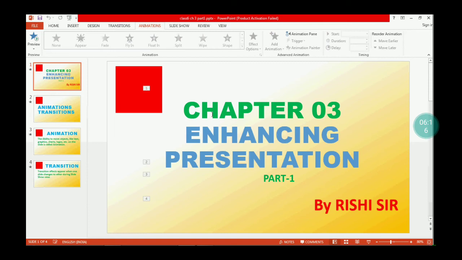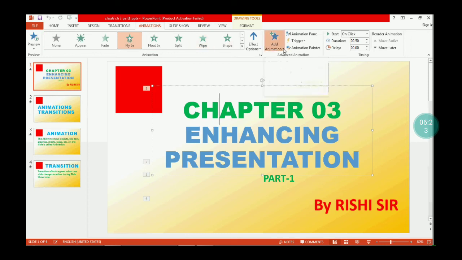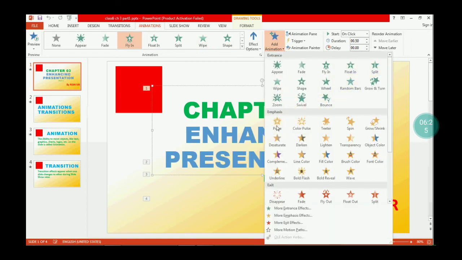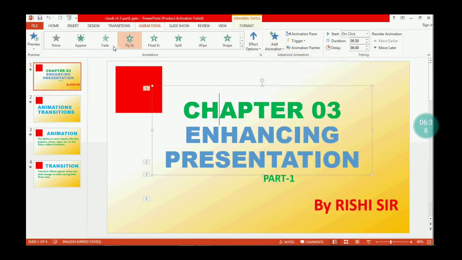To apply animation, go to the animation tab. After that you can see different kinds of animation available. You can add animation. You can click on any effect and it will be applied to the selected objects or selected text.